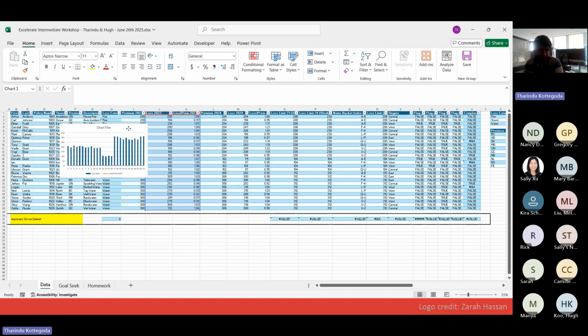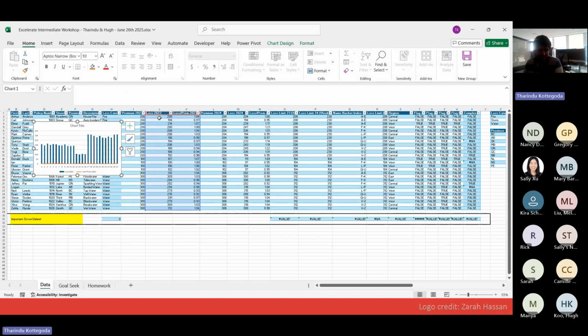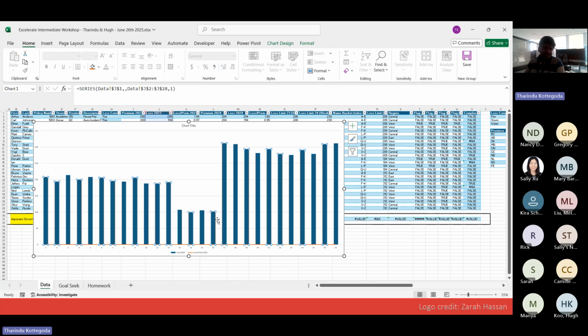Let's undo that. And this is good because now we can mess with it. So this isn't very useful information because everything is on the same scale. So the first thing I'm going to do is,